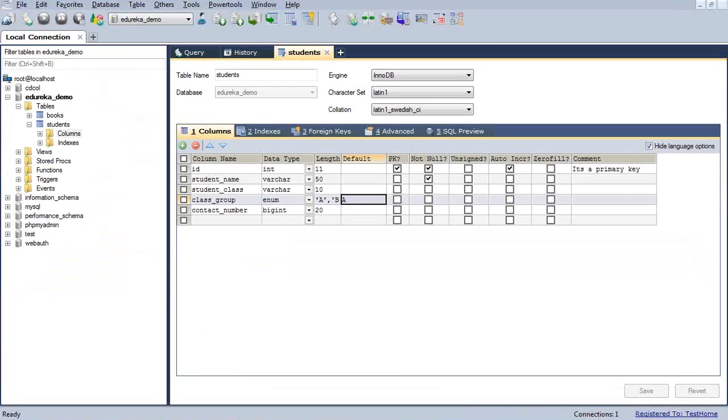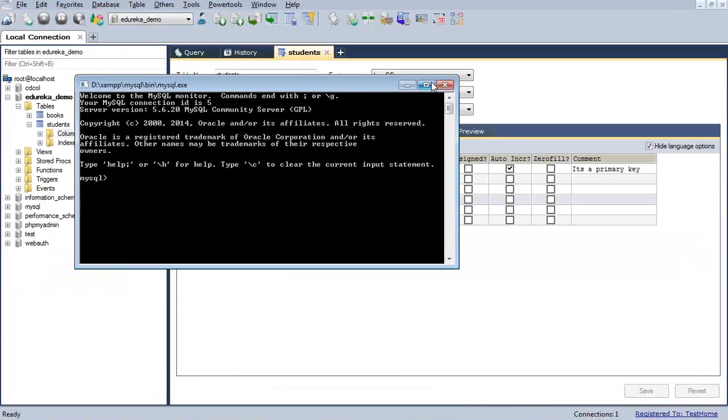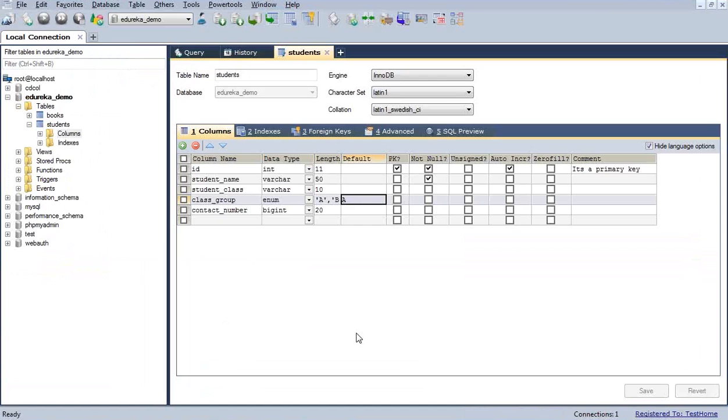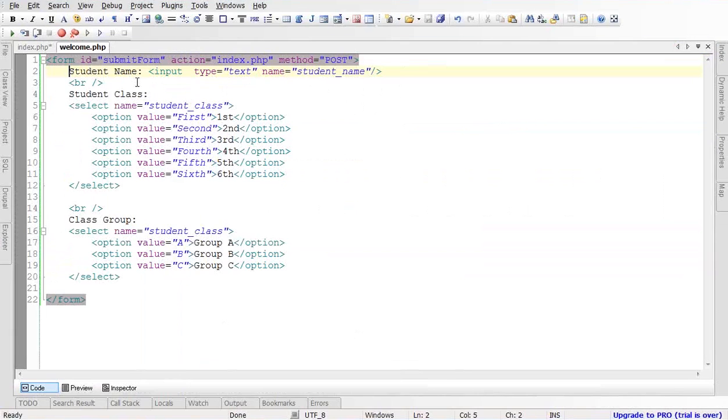So let's close it, we don't require it. Here you can see, and now I will take the fourth column, that is contact number. So for contact number, again